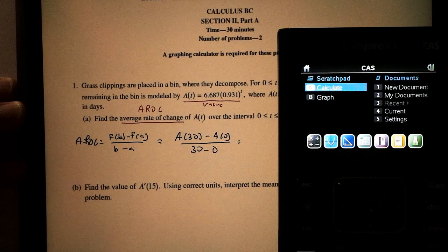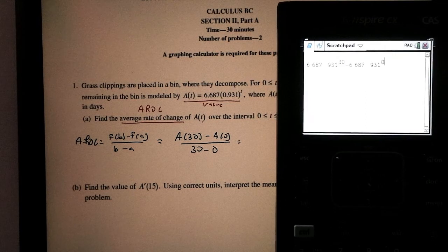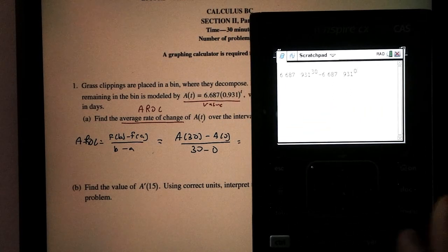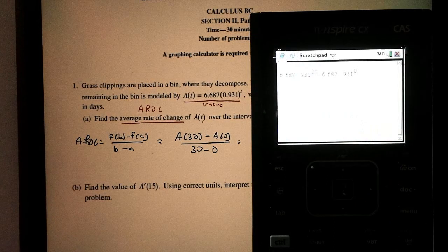Let me go to graph here, calculate here. And I can type this in: 6.687 times 0.931 to the 30th minus 6.687 times 0.931 to the 0 power. And I could just type that in my calculator. Kind of hard to see there. And if I type that in my calculator here and press enter, I get this on top,